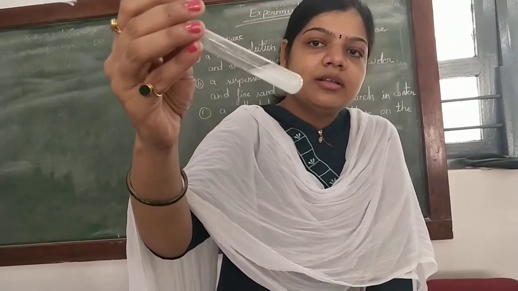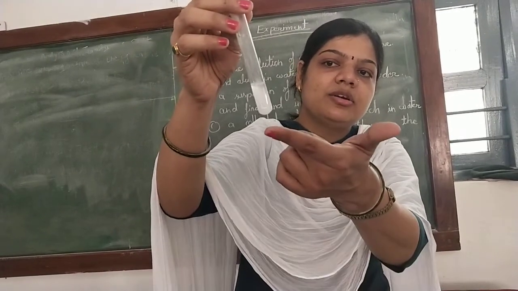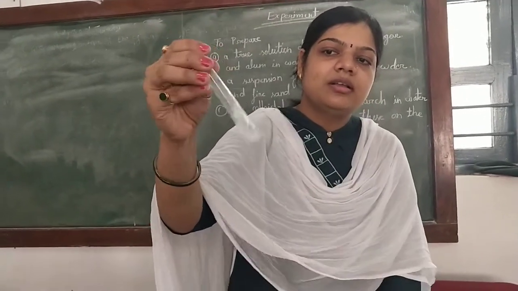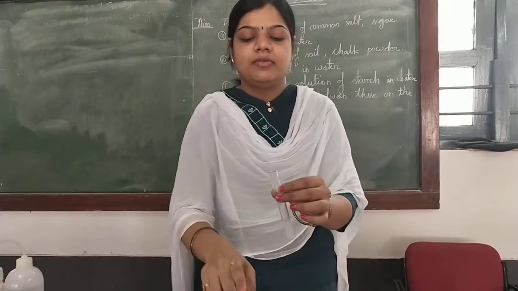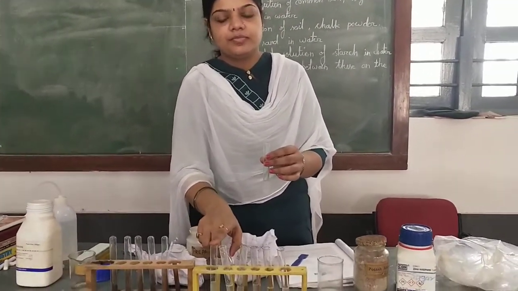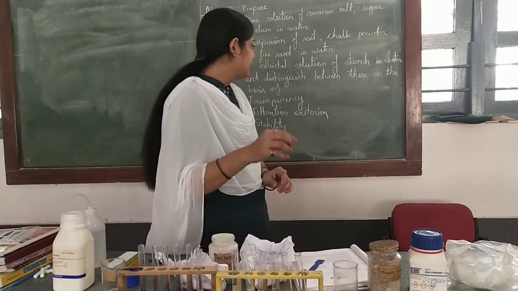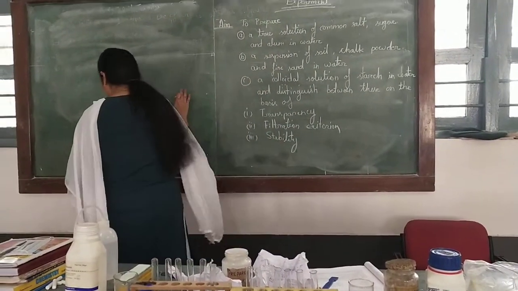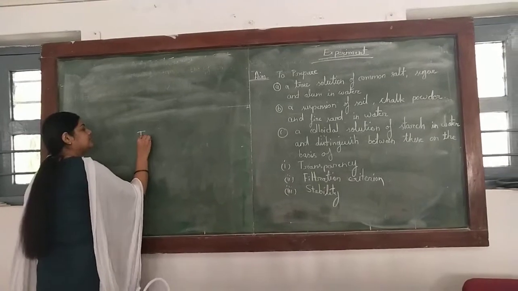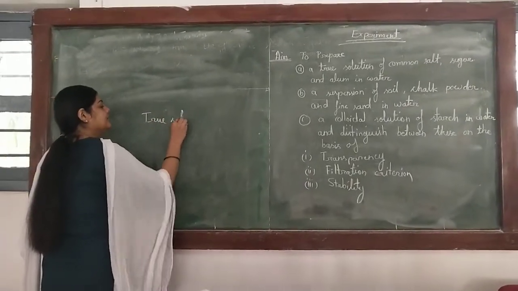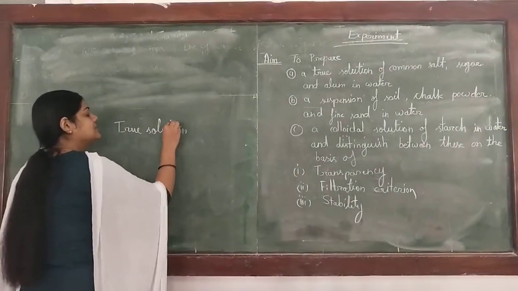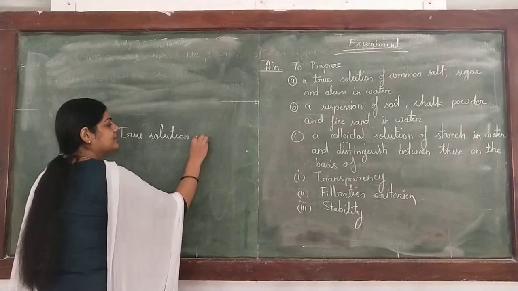And in this colloidal solution you can see the particles do not settle down, because this is a colloidal solution. It has properties between a true solution and a suspension. So what is the difference between these three solutions? In the case of a true solution, the particle size is less than